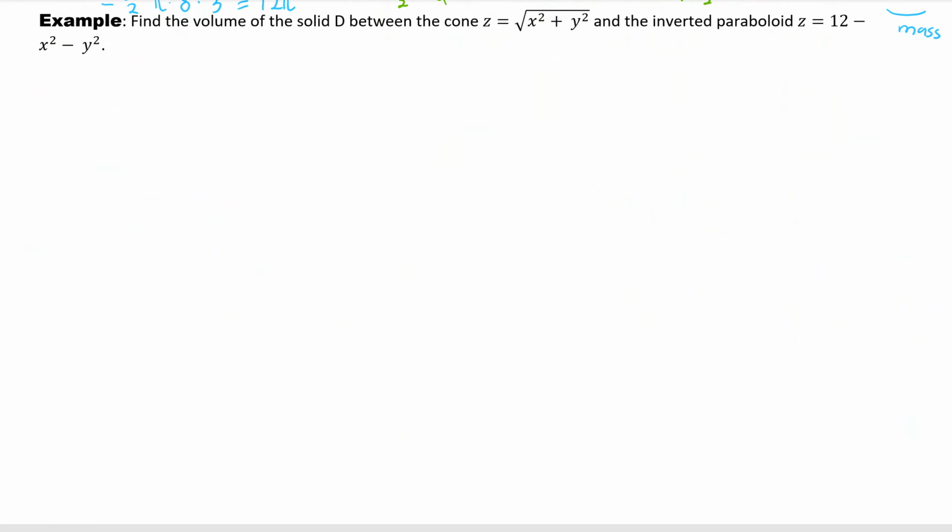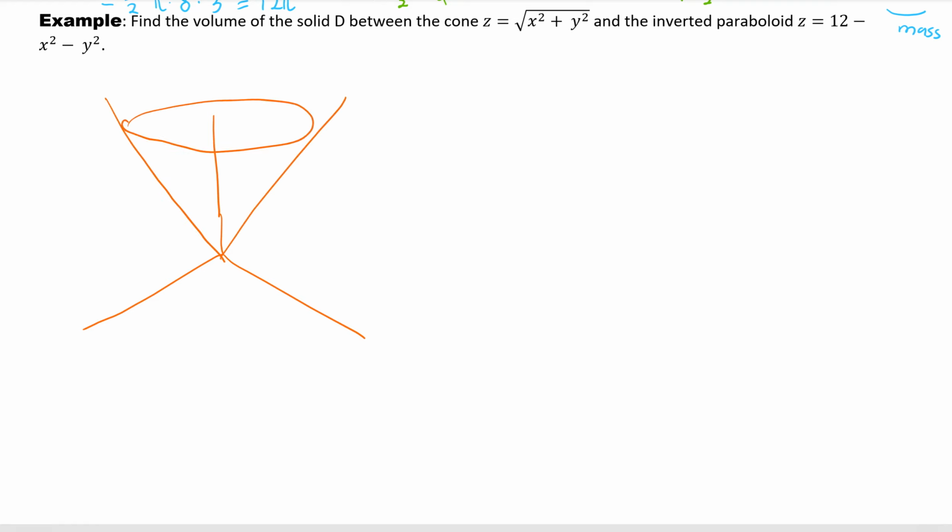Find the volume of the solid D between the cone z equals square root of x squared plus y squared and the inverted paraboloid z equals 12 minus x squared minus y squared. Okay, let's draw the picture. Okay, the cone. This is the cone, right? And we have the